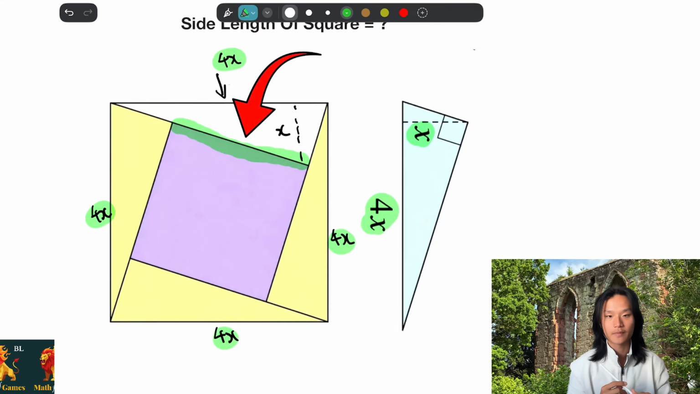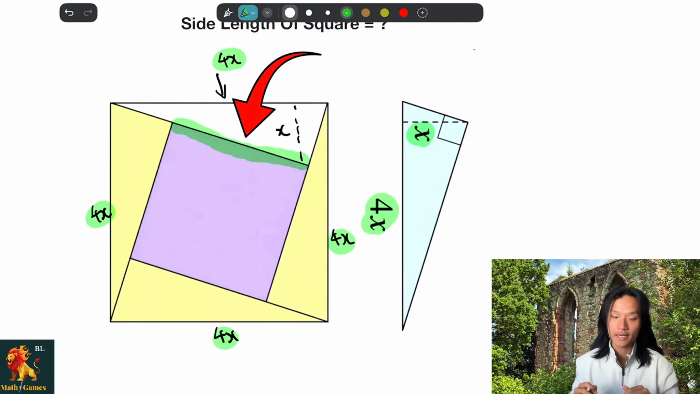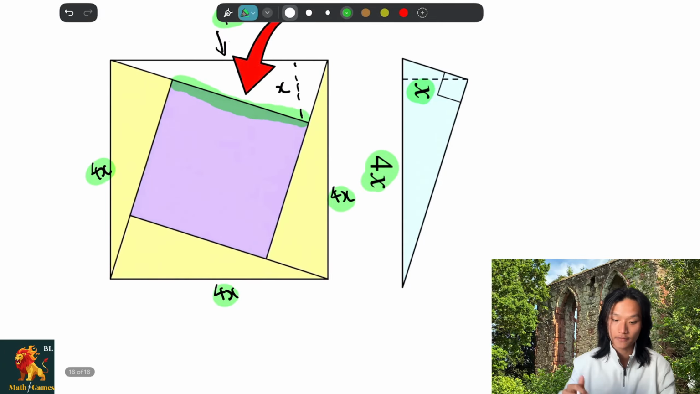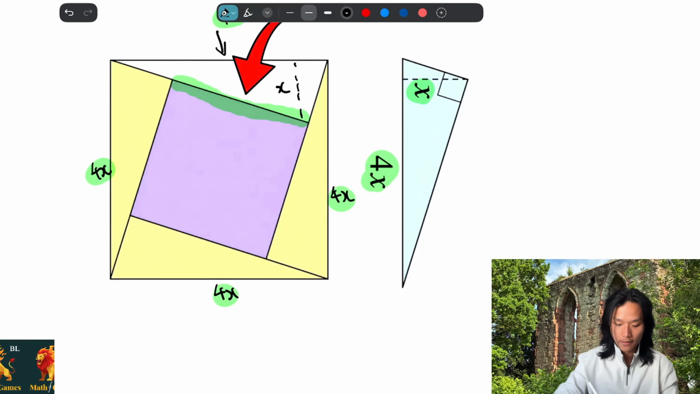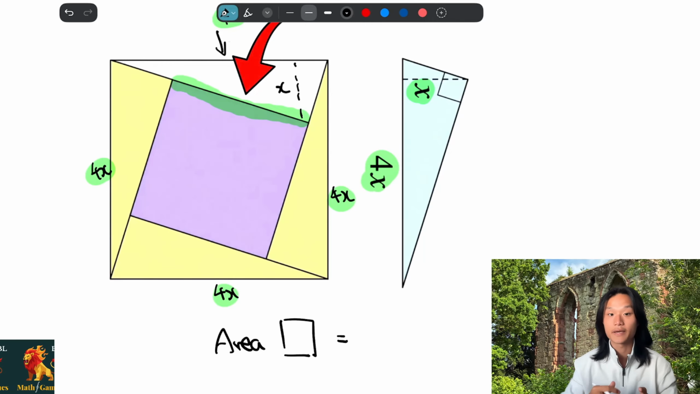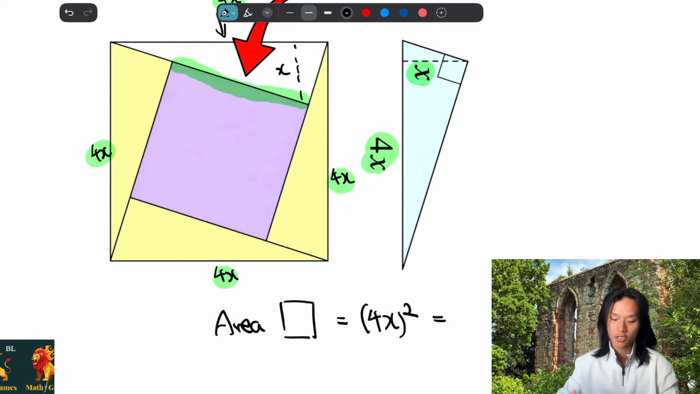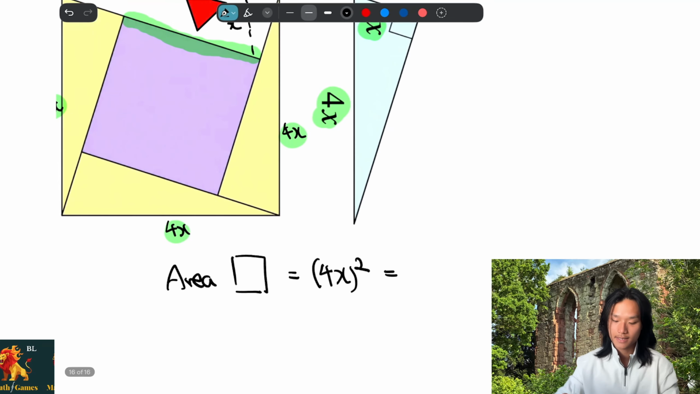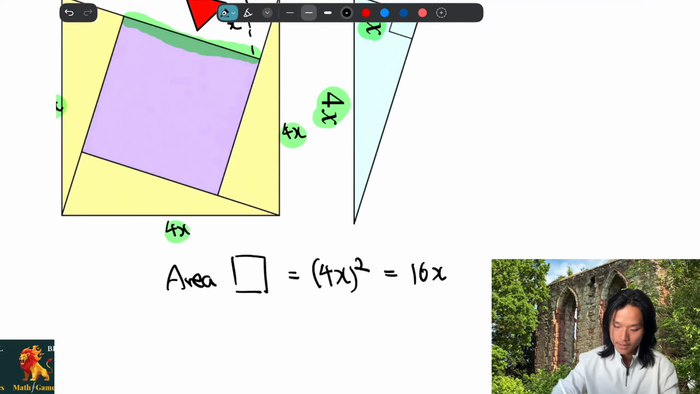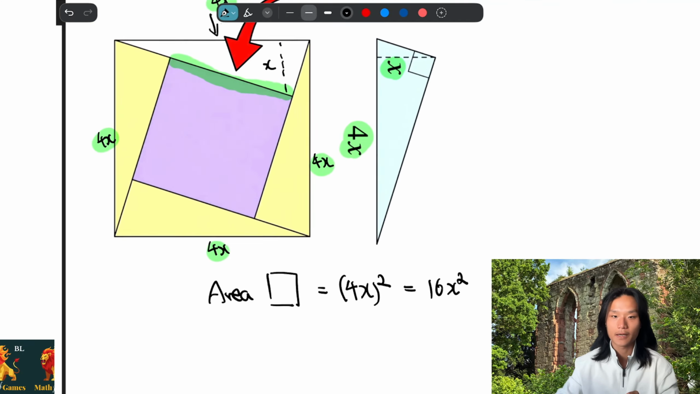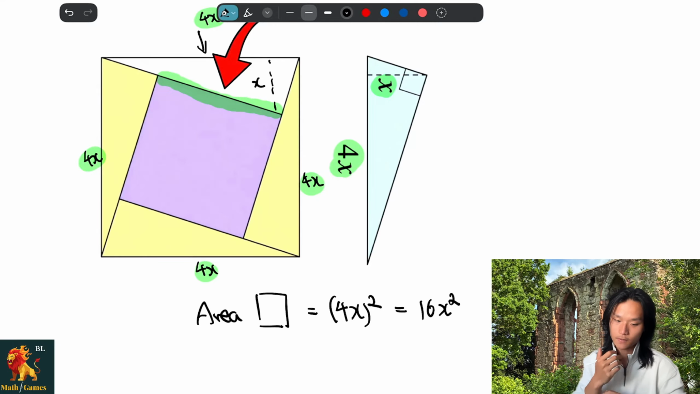Now, let's think about the area of the bigger square. Since we know the side length is 4x, the area of the bigger square must be 4x squared, which is just 16x squared, okay? So with that out of the way,